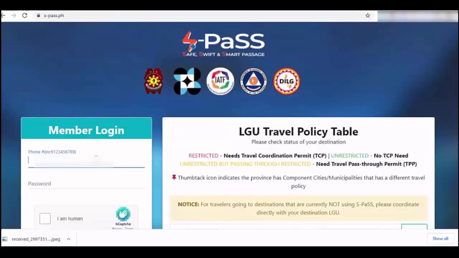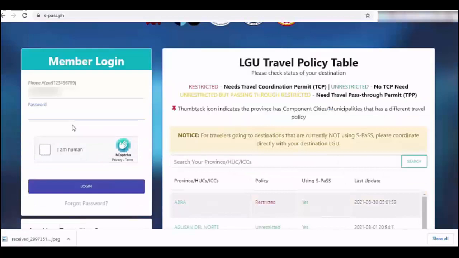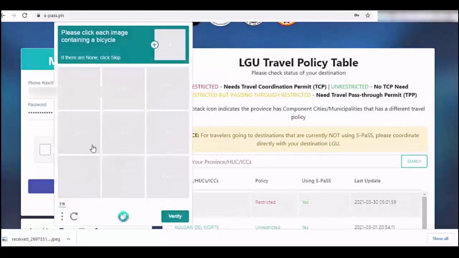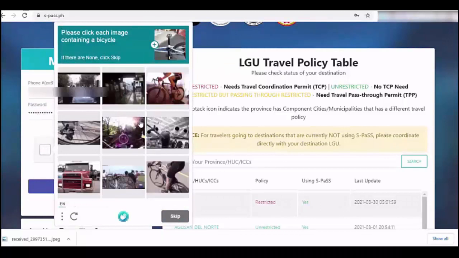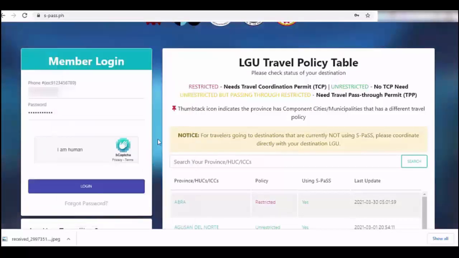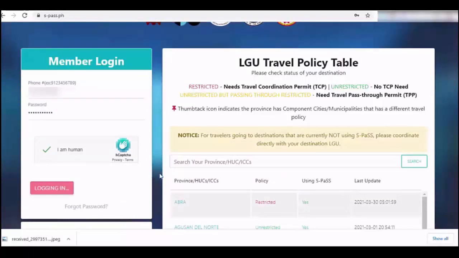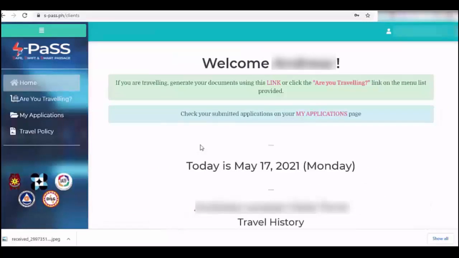Enter your phone number. And then password. I am a human. And then CAPTCHA. And then verify, login. Okay, so if you are traveling, generate your documents using this link or click the Are You Traveling link on